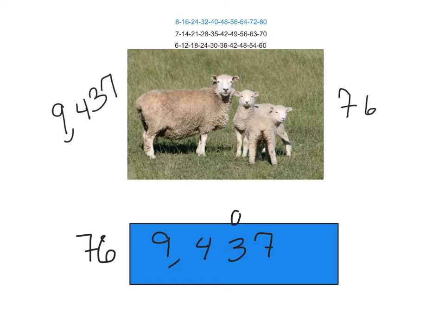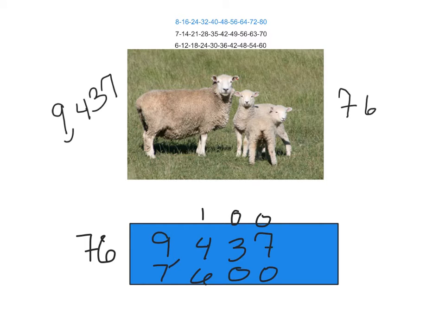I'm going to put a 0 above the tens column, a 0 above the ones column, and then that means I'm going to get 2 zeros down here because 0 times 76 is 0. 0 times 76 is also 0. So now I'm working with just this column here, and I can tell right away 76 will fit into 94 only one time. So I'm going to put a 1 right here, and that means I'm going to go 1 times 76, and that's going to give me